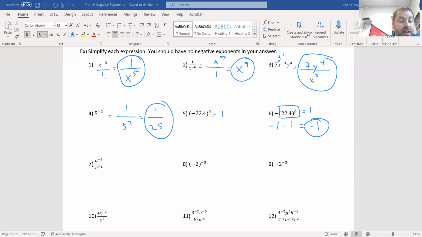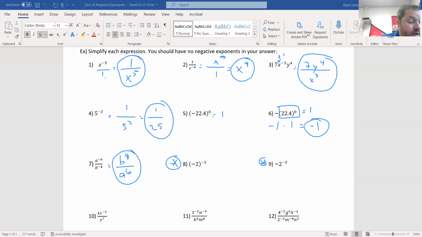Okay. Number 7, got 2 different bases here. Treat each one separately. A is not happy on top. It's got a negative exponent. It wants to go to the bottom. When it goes to the bottom, the exponent's positive and becomes happy. B is not happy on the bottom. It wants to go to the top. Okay, it becomes positive 4 and everything's positive and happy. We're good. 8 and 9, probably two of the trickier problems in this whole